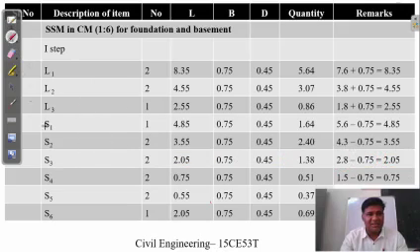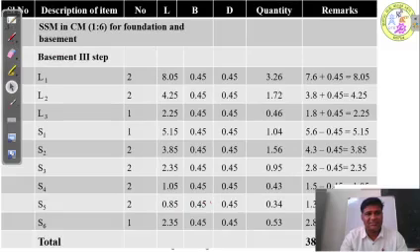In the same manner, S4, S5 and S6 walls will be calculated, and this completes the estimation for the first step. Since the breadth of the sandstone masonry changes from the first step to the second step, you need to calculate the quantities of these steps separately. So we'll move on to the second step.